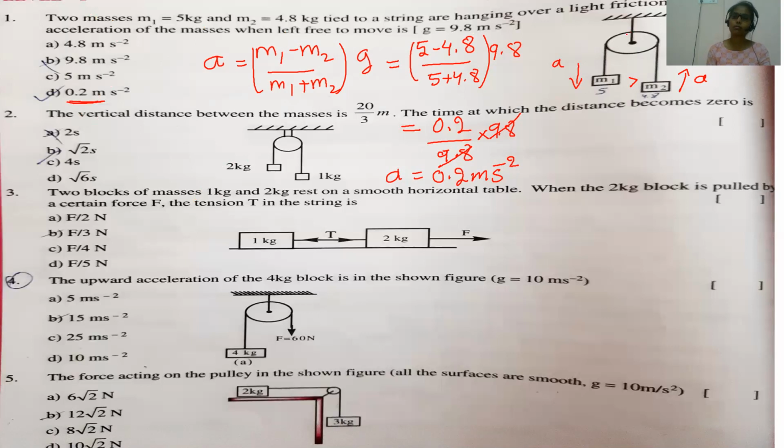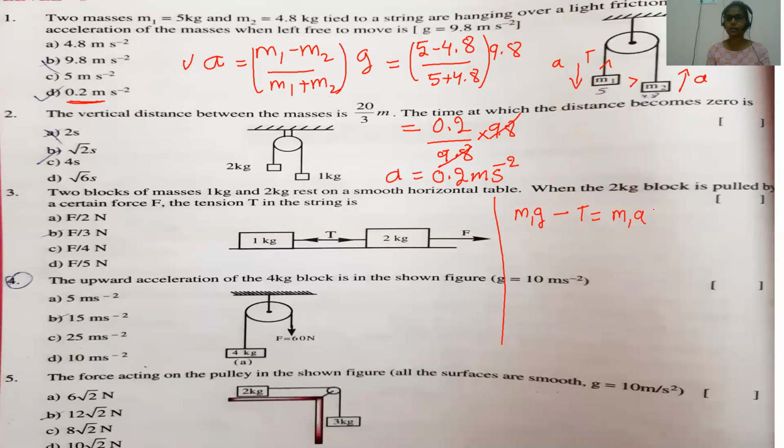If you know the outward motion formula directly, you can solve it like this. Some children will have confusion in remembering the formulas. In that condition, we can also solve this problem. Let us see how. If you don't have any idea regarding the formulas, you can apply Newton's second law. Block M1 is more, so it is acting downward. That means M1 g minus tension, which acts in the upward direction. M1 g is more, so I write that first: M1 g minus T is equal to mass M1 into acceleration.